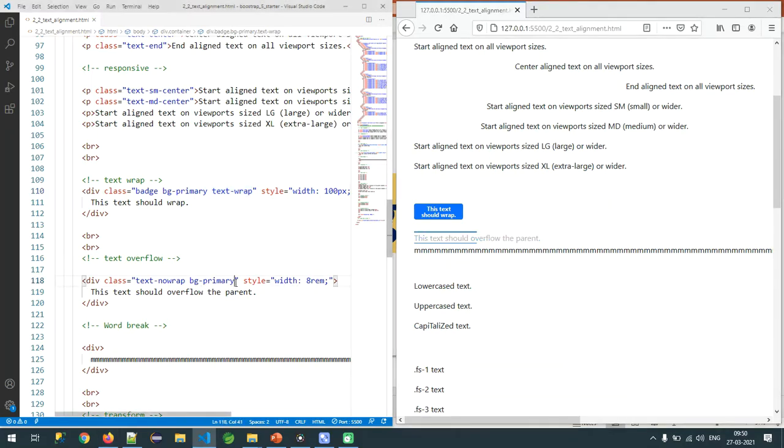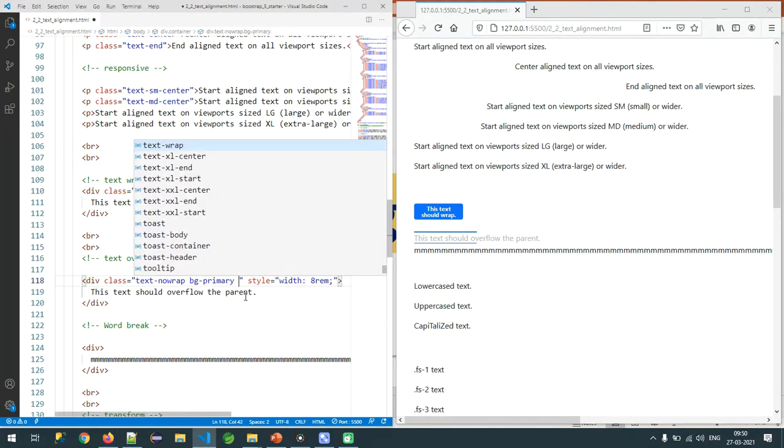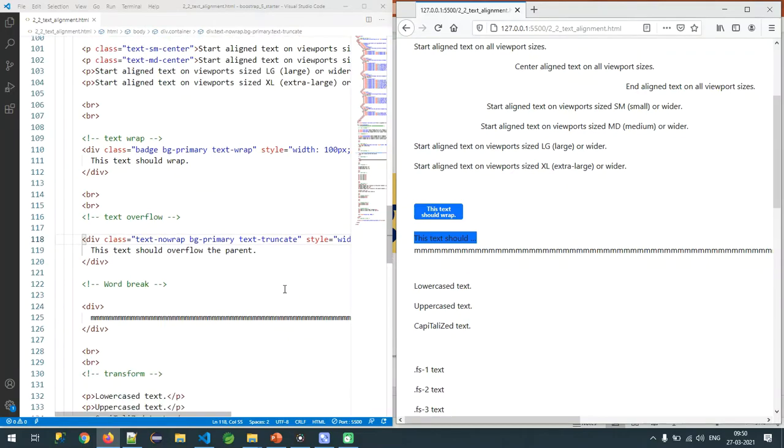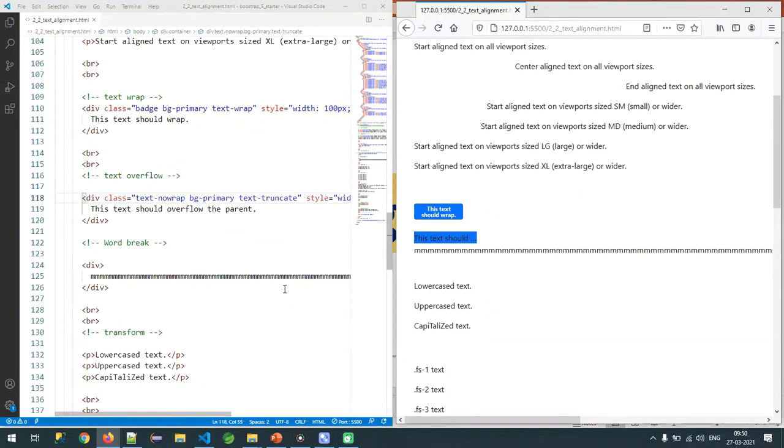In the same way, sometimes we have more content. At that time, sir, I don't want to wrap, but I want to truncate. So what is the one we are having? Text hyphen truncate. See, the three dots are displaying there. Right now, automatically we are having this one, sir. And in the same way, sir, I have very large text. At that time, how are you going to configure it into the next line?